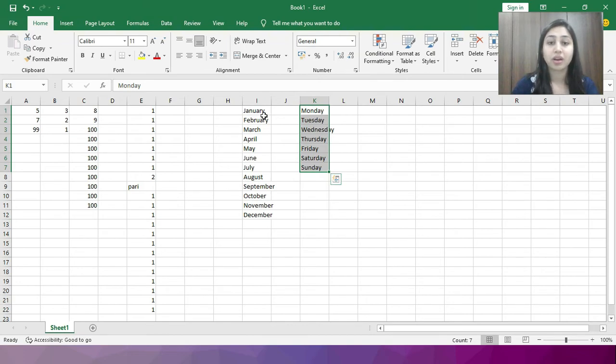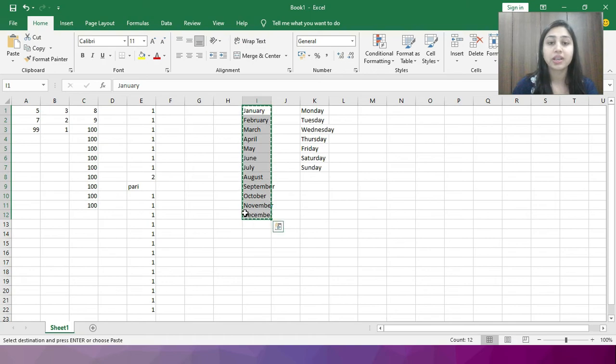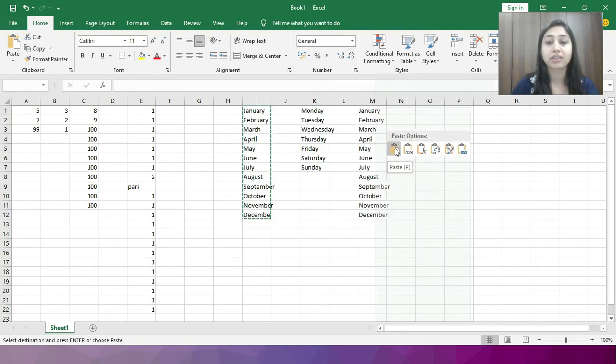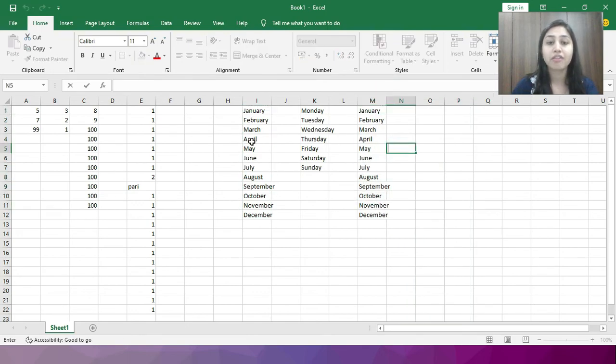Clear? Now how to copy the data? Select the data which you want to copy, right click on it. Okay, second option is copy. When you click on it, a border line is displayed like this. Okay, now select the cell where you want to copy it, right click on it and select the first option, that is paste. Okay, your data will be copied at the other location also. Clear all of you how to cut, copy, paste?